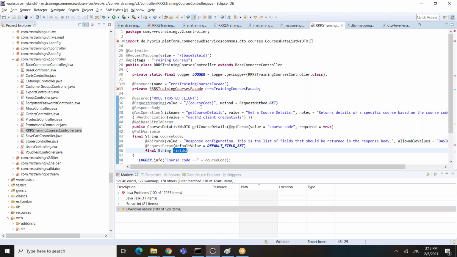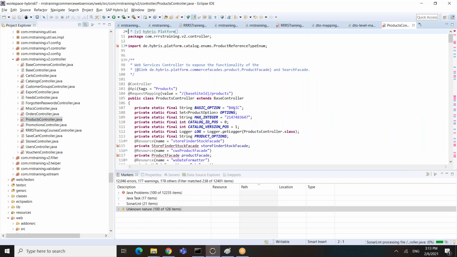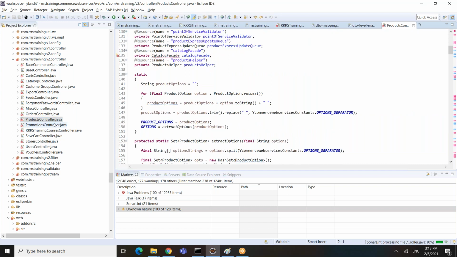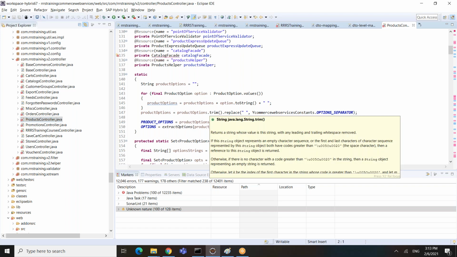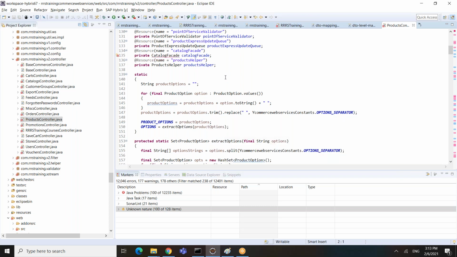And if you want to add more attributes as part of the product controller, for example, let's say get, then you need to create a new class and extend this one and add the attributes to the model, which means you need to modify the items.xml, also the data object, and then the WSDTO. You need to follow some of the steps. You don't need to follow all these steps. You need to follow some of those steps to modify the existing controller, to modify the existing API, in other words.